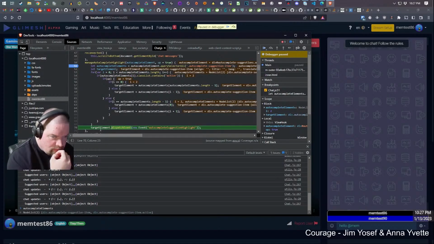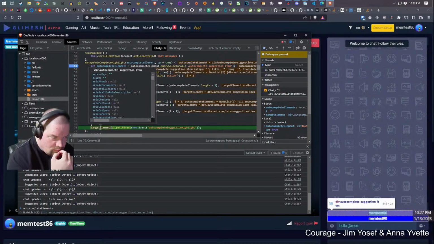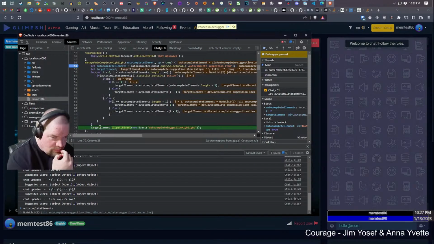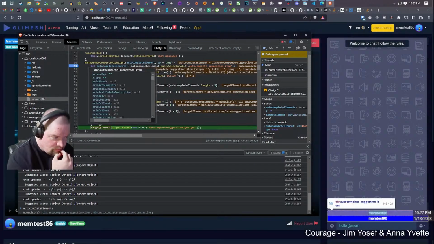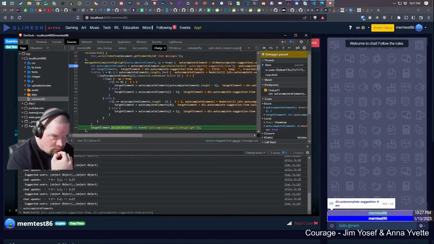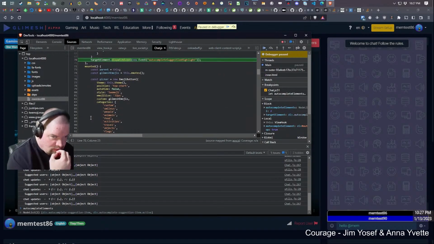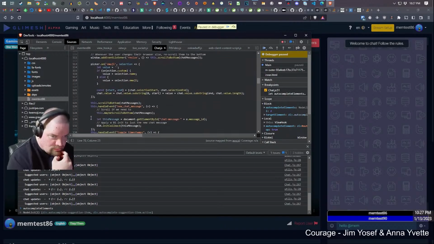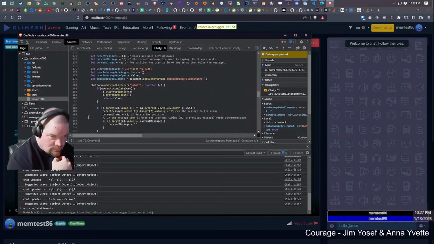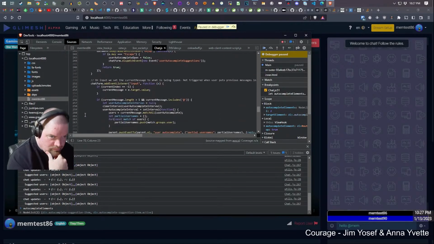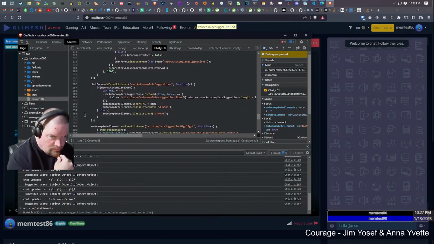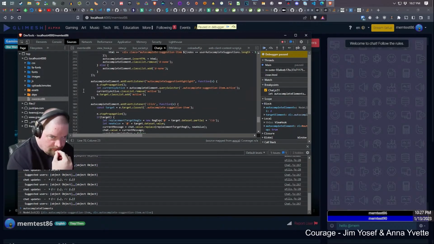All right, so then target element has a thing. Target element is memtest 86, which is correct based on the highlight there. I'm dispatching the autocomplete suggestion highlight to it. Should get into here.